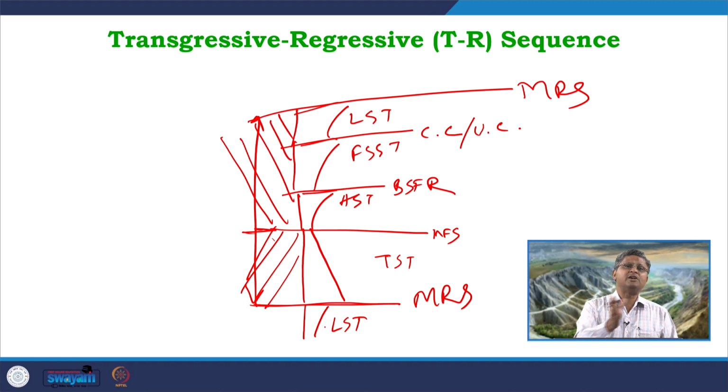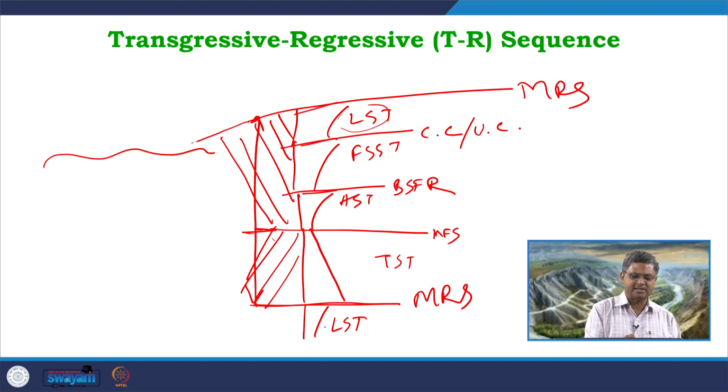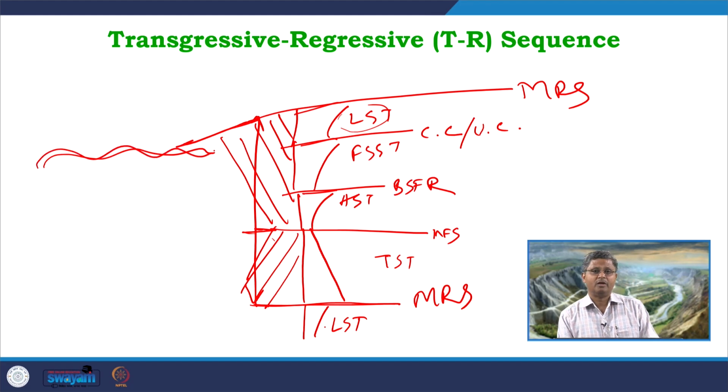The scenario becomes a bit complicated when you look into the fluvial part of the basin or towards the marginal marine part of the basin, where the subaerial unconformity present over here may often lead to the removal of this LST package, and this MRS may get juxtaposed with this subaerial unconformity. In those cases we can define the TR sequence as the transgressive regressive package bounded by the subaerial unconformity. So, it looks very much similar to the depositional sequence.